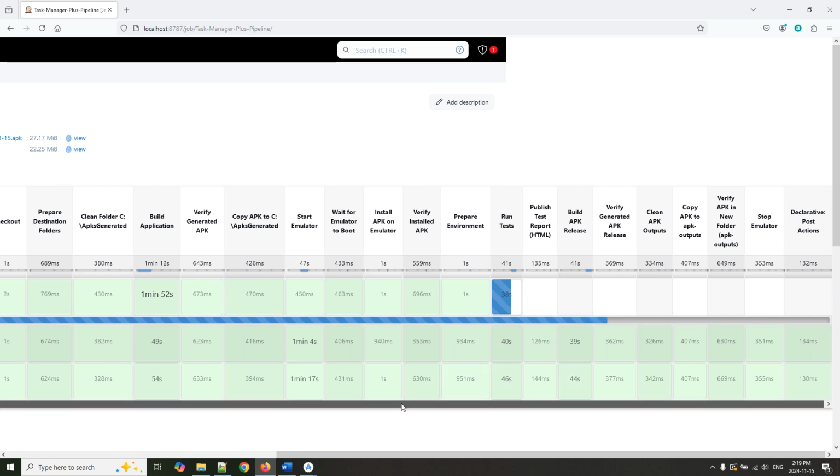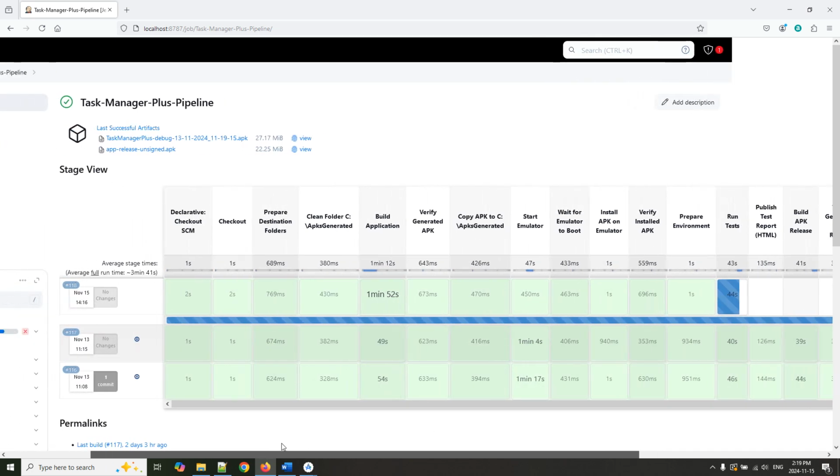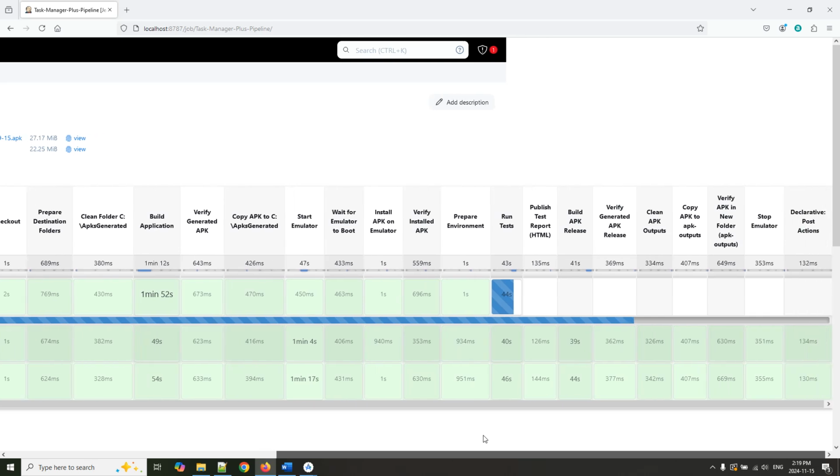Once it's done, I will open the console log and show you how you can find the steps in there. Because it's very common that it happens to me: I start to create the steps, but when